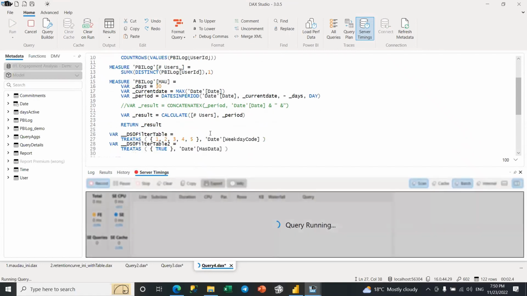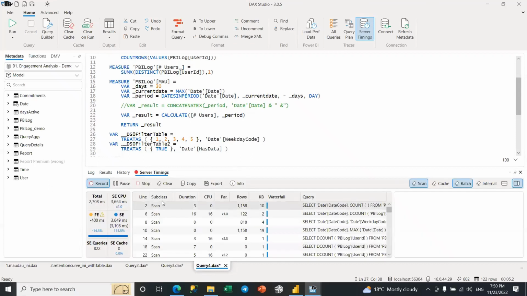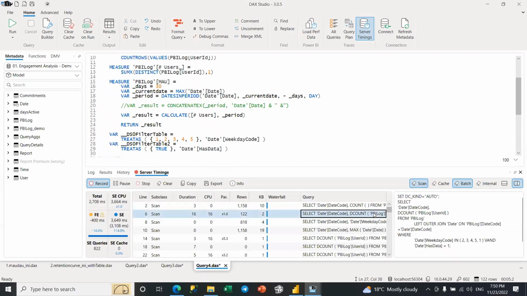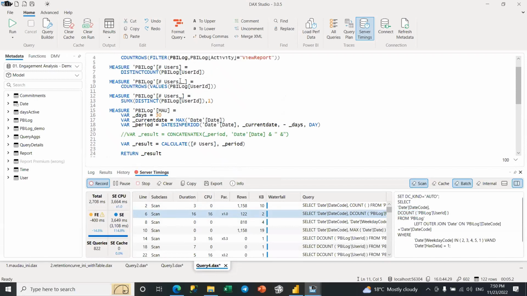And one thing that you will see, it's going to take 5 seconds, is that once it's back, first of all, it's using a lot of CPU. It's taking 2.7 seconds in this case. And I want you to see that there is one particular operator here, the distinct count, that, for example, is happening as well in the count rows values. I'm going to just run it again.